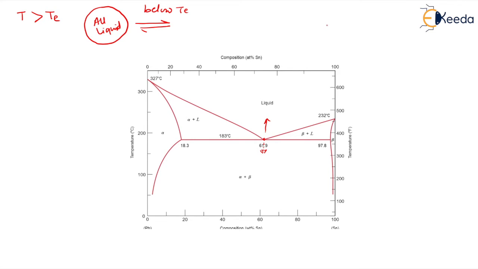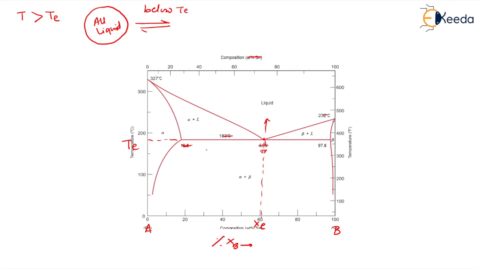Now in general I am discussing this reaction. So instead of lead and tin, I will say there are two elements A and B. Forget about this composition and all. We are not particularly talking about lead and tin, but in general about the elements A and B in the eutectic system. So this is percentage X in B, here we have the eutectic composition Xe, and this is the eutectic temperature Te.